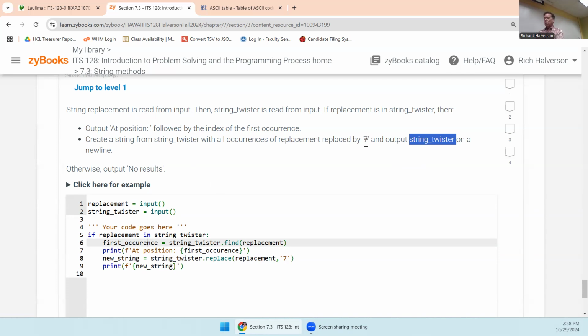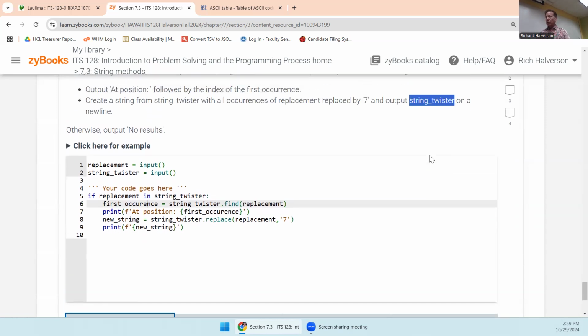Okay. This says create a string from string twister with all occurrences of replacement replaced by 7 and output string twister on a new line. Okay, so is this a trick question? Because this says output string twister. It doesn't say to output this new string, this string that we've created from string twister. This says output string twister. So